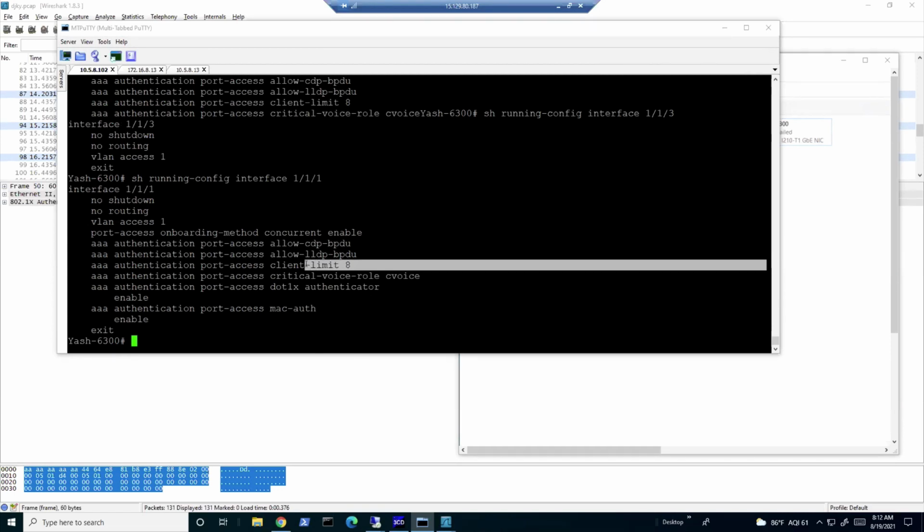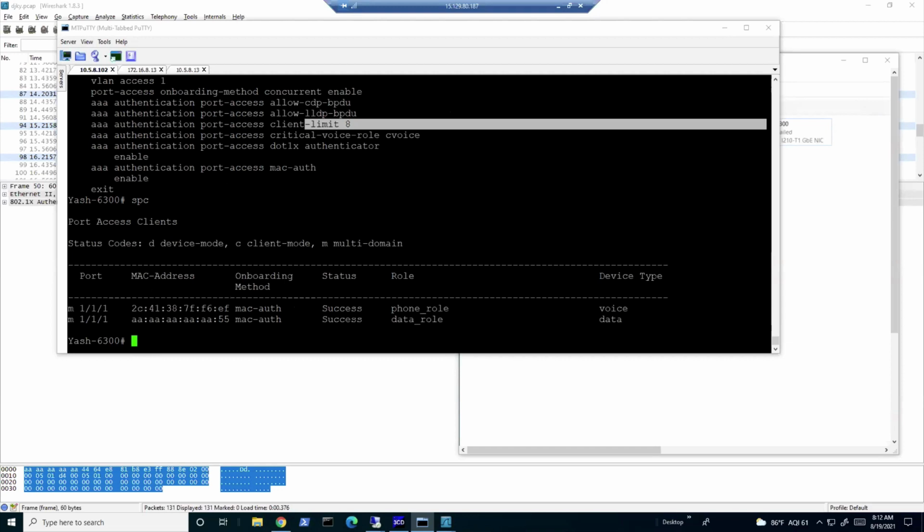As I was explaining in the first line, as soon as it gets the first voice on that interface and it gets an access accept with that role name, and in that role you have configured the auth mode as the multi-domain mode, it will remove that other data device. You can see now another data device is not there because the one phone packet reached this 1/1/1, and after the authentication it understood, oh, I'm getting a role of voice and this port is a multi-domain port. That means I need to allow only one voice device and only one data device as a default.